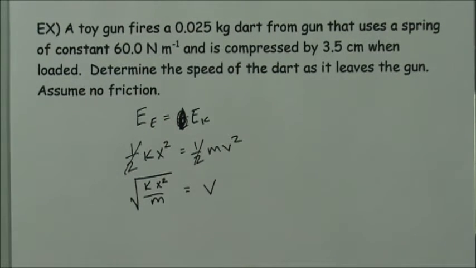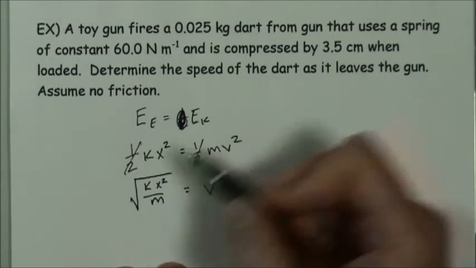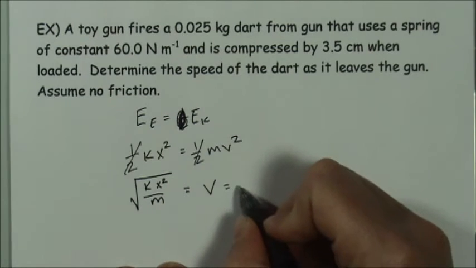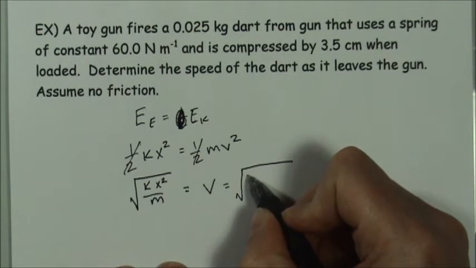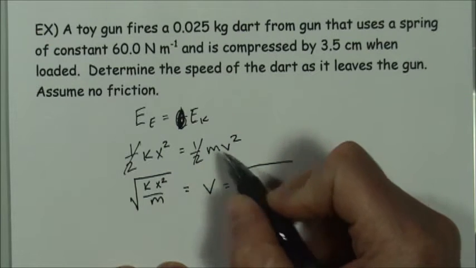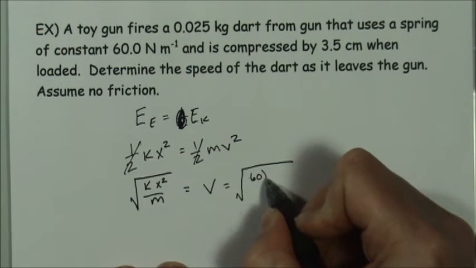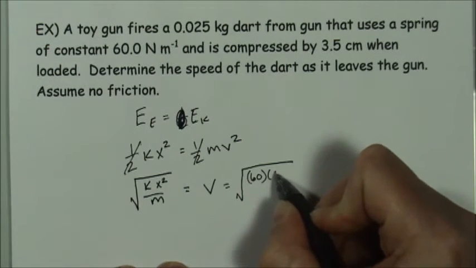In this particular problem, we won't have to worry about subtracting out the initial position of the spring because the initial position of the spring was 0. It had no compression at all. And so we can just plug in the final compression of the spring and not worry about subtracting out that other energy. So in this case, the spring constant turned out to be 60, and that would be times